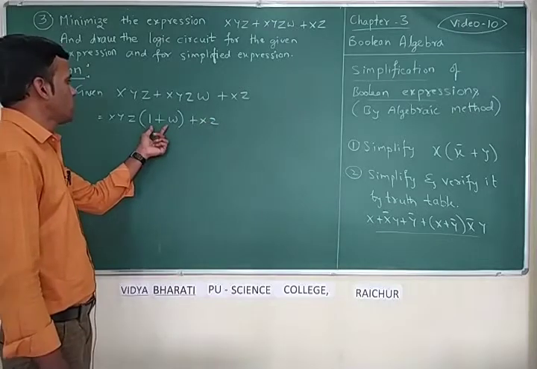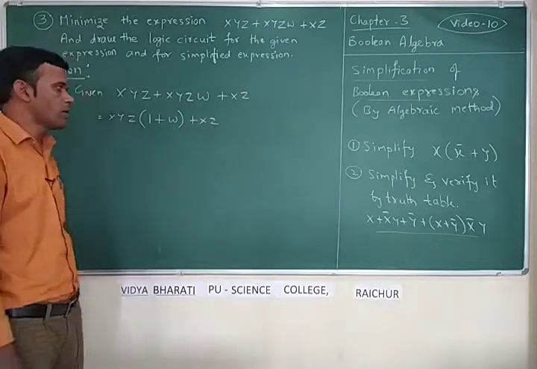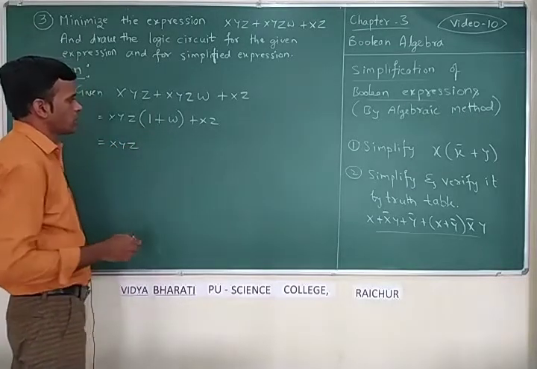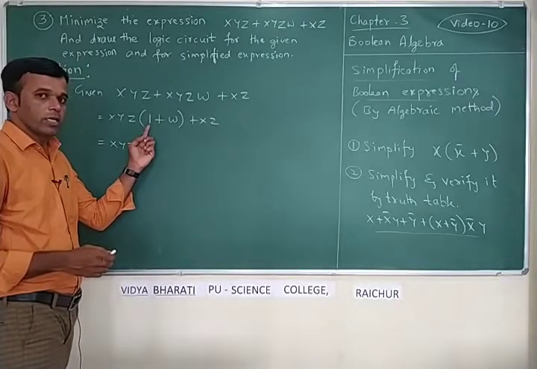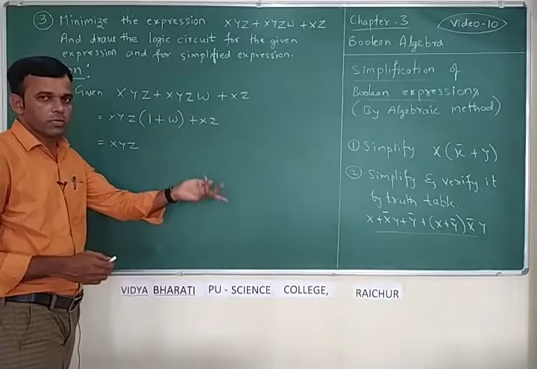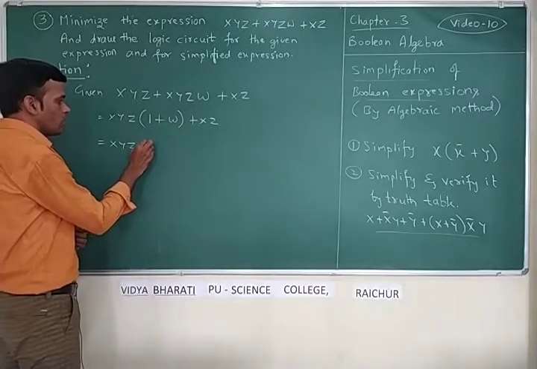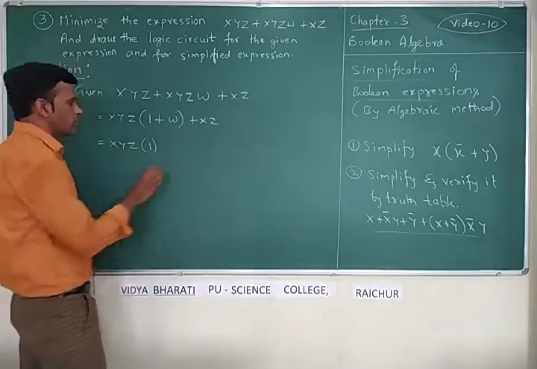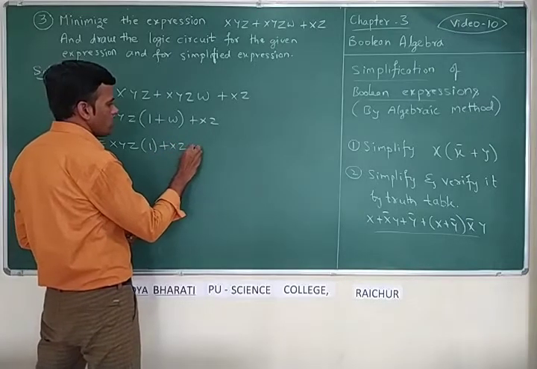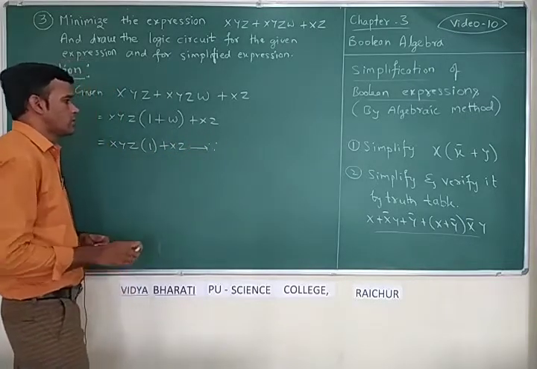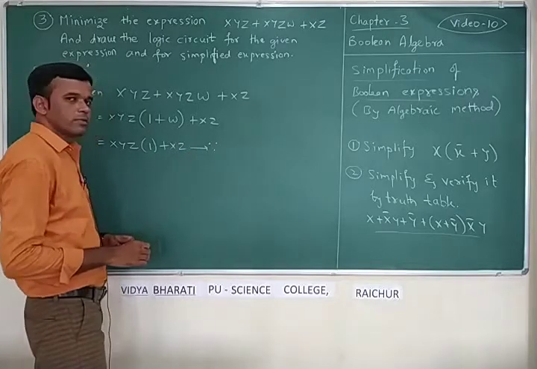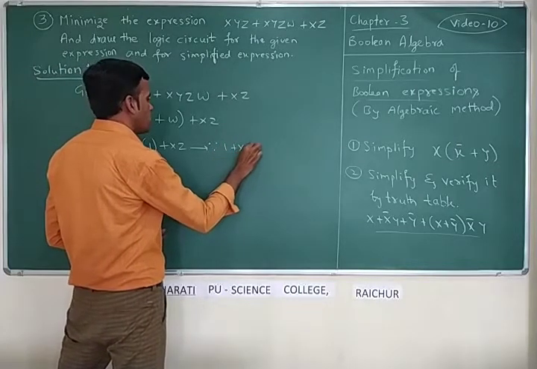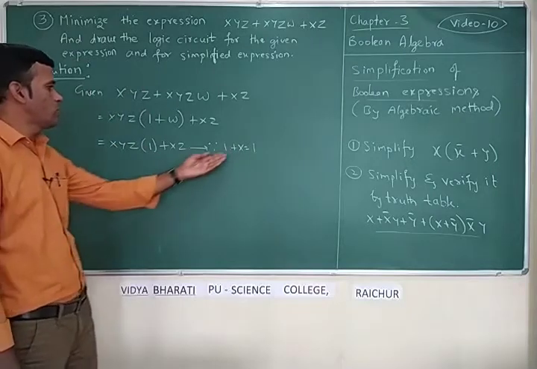And so here we can apply the property of one particular theorem. So xyz, using the property of 1: when binary value 1 is ORed with a variable or expression, anything, the answer is going to be 1 only. Using the property of 1, one of the Boolean theorems, xz as it is. I told you to write the reasons. Whenever you apply the Boolean theorems, here you can write the reason: because 1 plus x is 1. So that particular theorem you have applied here.